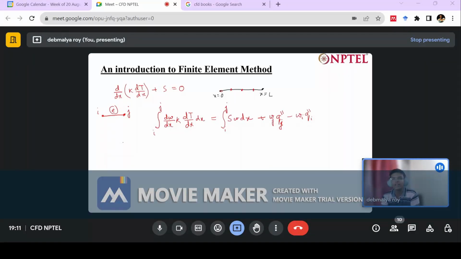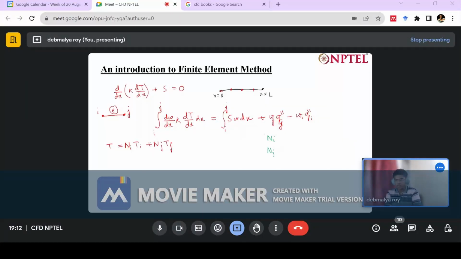So this is a certain equation that we arrived at, and then what we have to do is take a trial function, as we were doing in our previous methods as well, the weighted residual methods. The trial function that we took had this kind of form: Ni Ti plus Nj Tj. So here, what are Ni and Nj? Ni and Nj are called